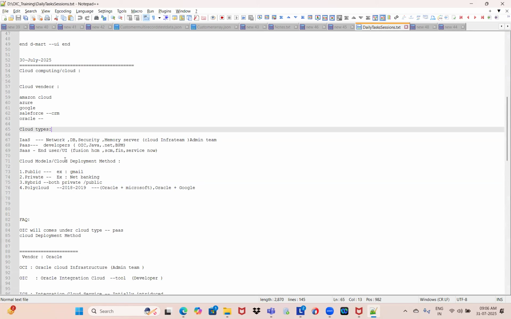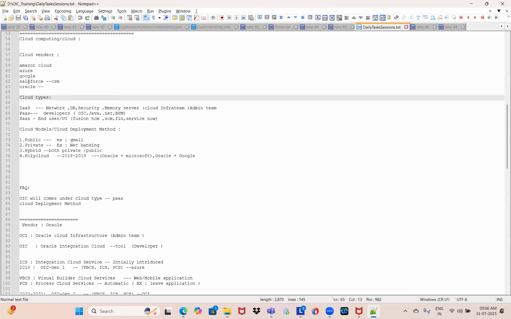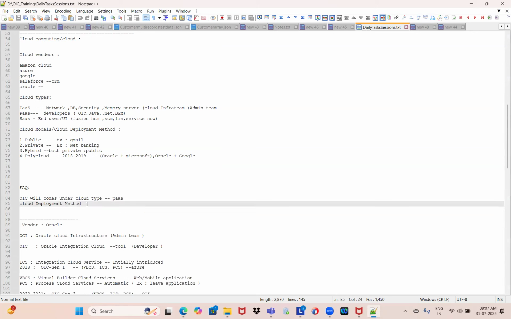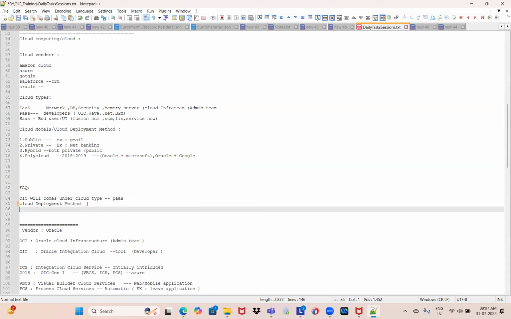And we have cloud models, which we can also call deployment methods. So these methods we also discussed yesterday. And the day before yesterday we discussed Oracle SOA, right? So there will be a question: what is the difference